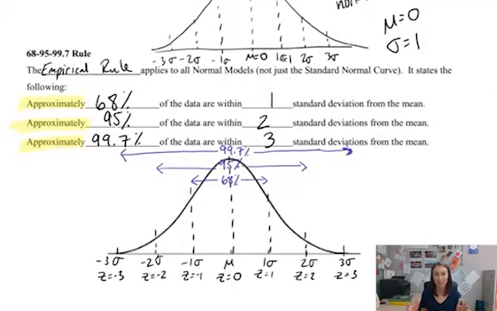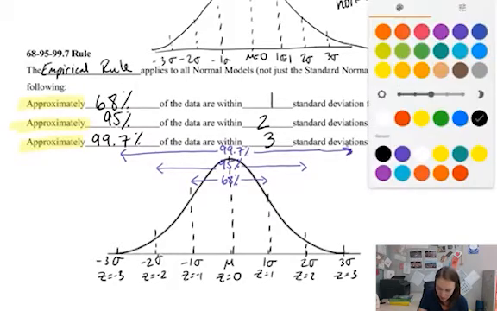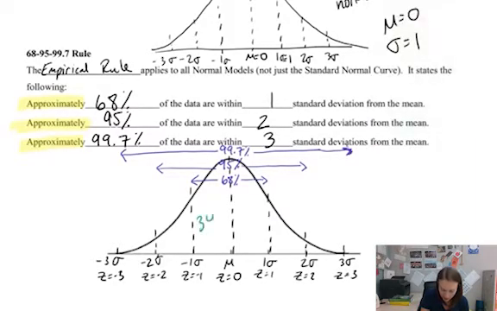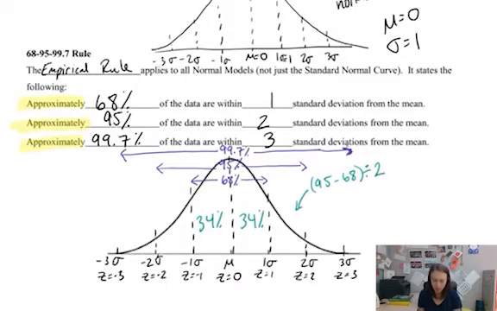If it's perfectly symmetric, which it is in the normal model, and we have 68% in the middle, then I can split those up and make that 34% and 34% in each one of those little sections. And then to get this section here, I can take my 95%, subtract my 68%, and divide that by 2. So I'm taking 95, I'm taking out the middle 68% that I don't want anymore, and then I have 2 sections left over, and half of that is going to give me